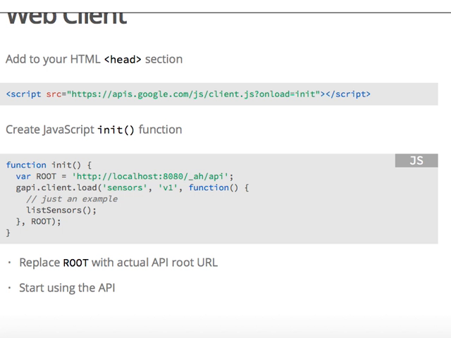In fact, if you look at any web client which uses any other Google API, you will see exactly the same line. So we use the same JavaScript API client which is used for every single Google API available. And here we give a little parameter onload equals init. This means that upon loading, this script will try to launch a function called init. It's up to you to define it. That's basically an example of this function.